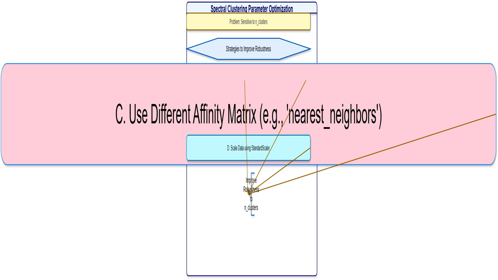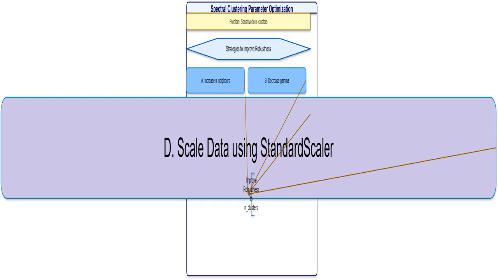Using a different affinity matrix, such as the nearest_neighbors option, can lead to different representations of data relationships. This alternate representation might be less sensitive to variations in the n_clusters parameter, providing a more robust clustering solution. While scaling data using standard scaler is a crucial pre-processing step for many machine learning algorithms, and a good practice, it does not directly address the problem of sensitivity to